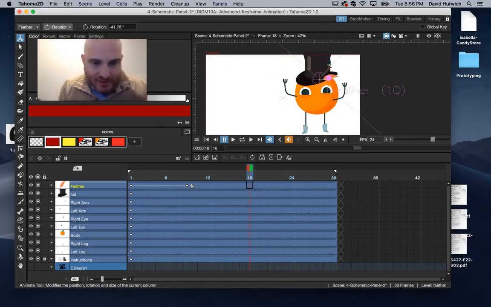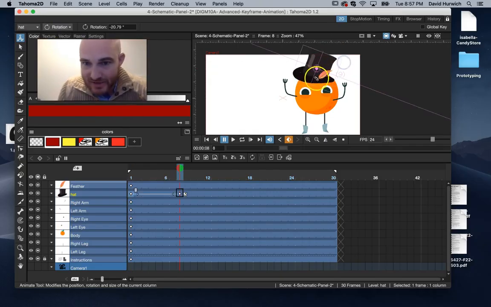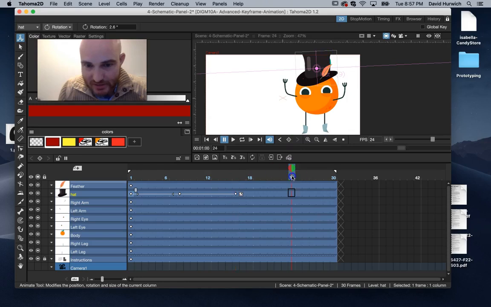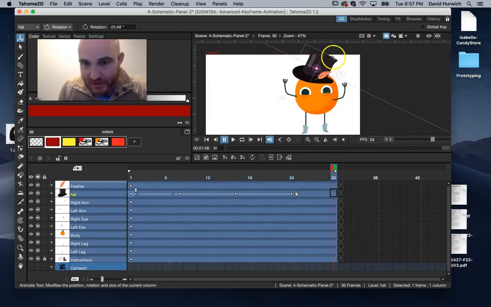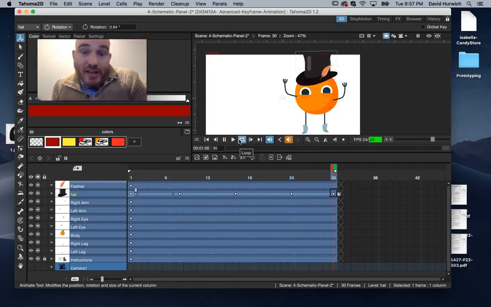Actually, sorry, I don't want the feather, I want the hat. The reason why I'm showing the hat is to show you that if I affect the hat, see how it affects the hat and the feather together, because the feather is a child of the hat. So I'm just animating the hat. It's affecting the feather because the feather is a child of the hat, but the rest of the body